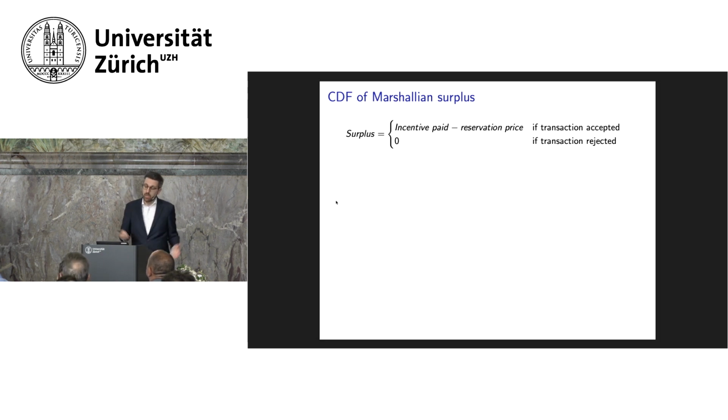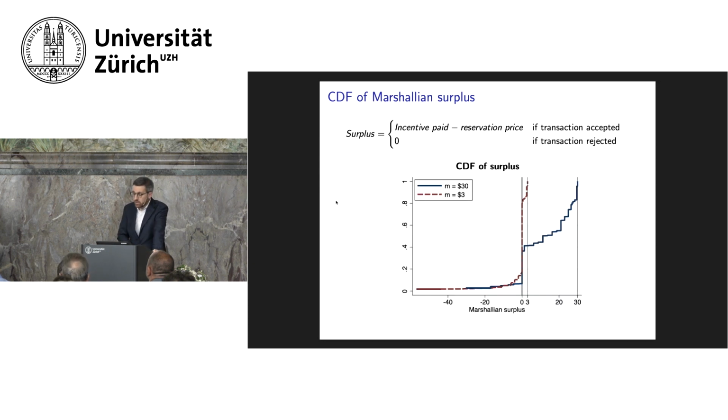I can look at, suppose you told me, yes, I'm going to eat these things for $30. And then, once you've seen the things, you tell me, they're really nasty. I got to have $50 to do it. Your decision was a mistake, and the cost of the mistake to you was $20, right? You would need 50, but you only get 30. There's also surplus, right? If you said, yes, I'm going to eat these things, then you see them, and they're not as bad as you thought. So you would eat them, say, for 15, but you agreed to eat them for 30, then you just gained $15. So we can now look at what the distribution of the surplus measure looks like.